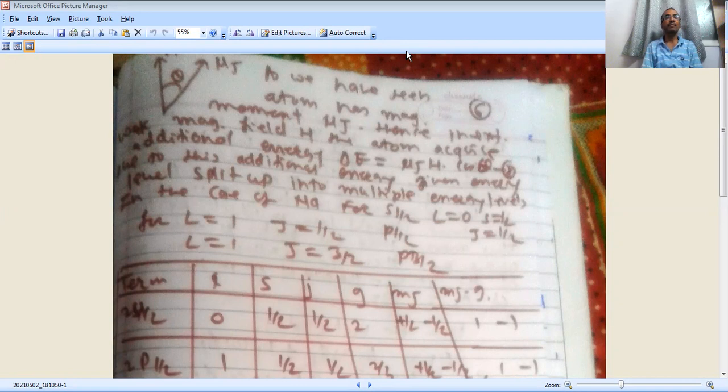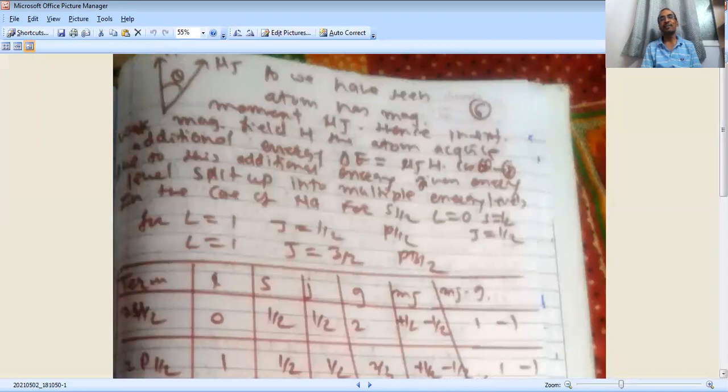Here, the applied magnetic field is H and mu J is the resultant of mu in the direction of AJ. Keep in mind, the resultant of mu in the direction of AJ makes an angle theta with the applied magnetic field. Then we have seen the atom has a magnetic moment mu J, hence in an external weak magnetic field H, the atom acquires